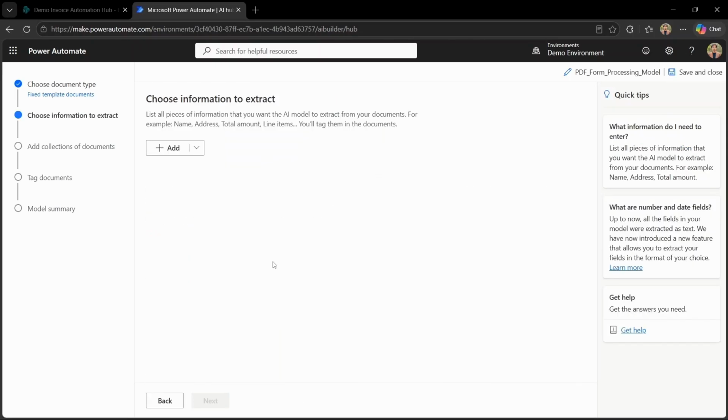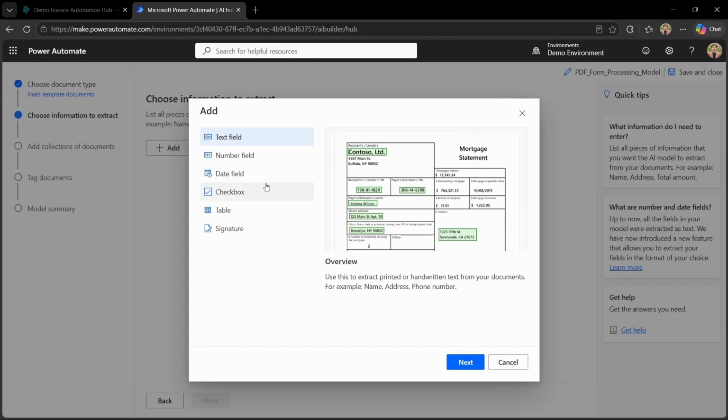The point is, when we are training custom models for forms, it reacts differently than the pre-built model and the custom AI Builder model for invoices. In invoices, we have certain pre-built installed fields available, 30 to 40. But when we move towards the fixed templates documents, we don't have anything. You add the field names according to the form structure you have. Let's add the fields. For example, there are certain field types like text field, number field, date field, checkbox, table, and signature. You can add any field according to your structure that will help to train and build your model